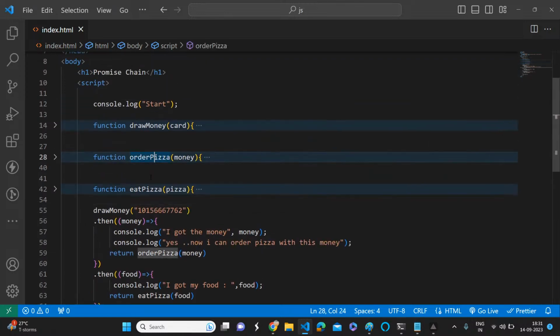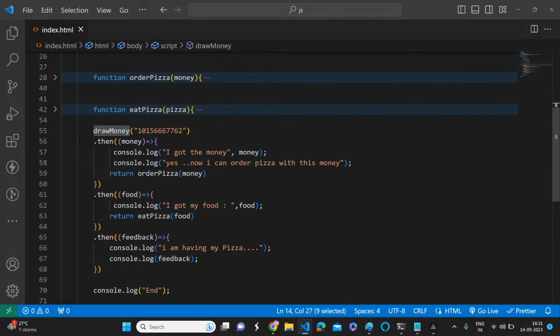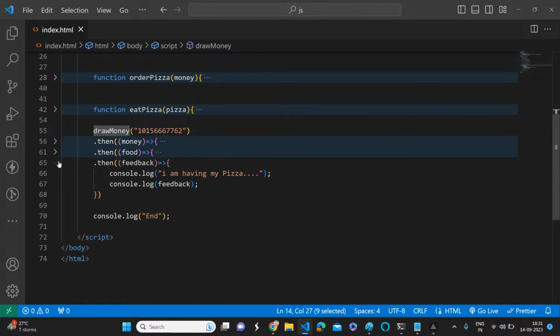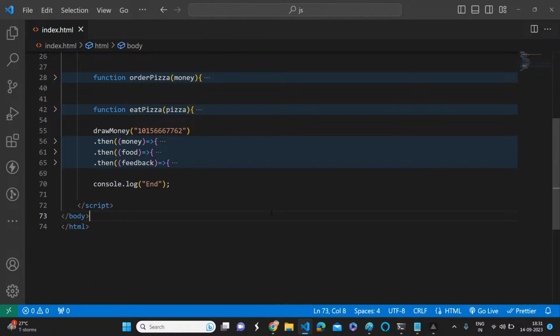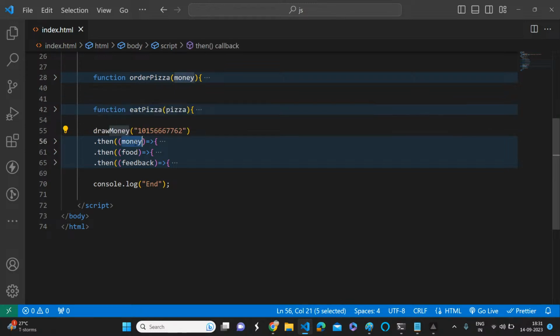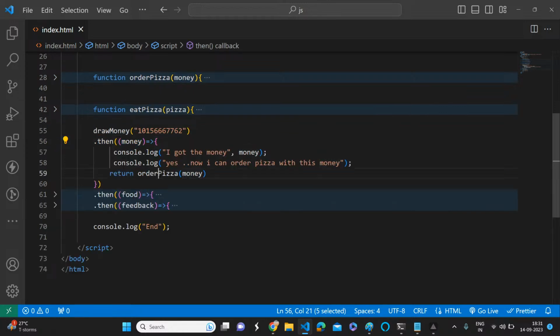Here, you should understand one simple thing. Just minimize this. Draw money, order pizza, and eat pizza. These are returning a new promise. You see, simple. You are drawing the money. You are giving a card. So once that promise is resolved, you will get money. Once you got the money, you are going to order the pizza.